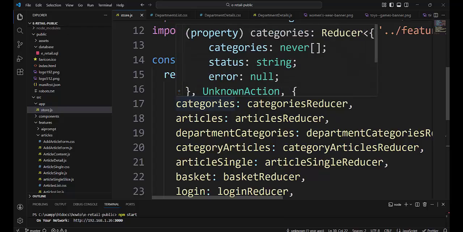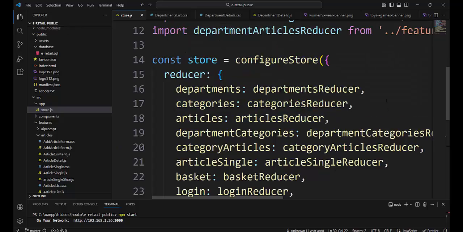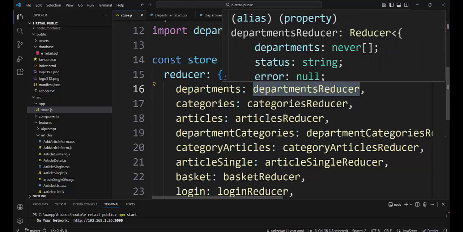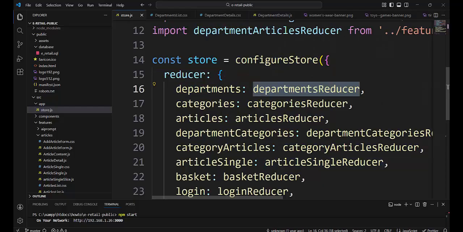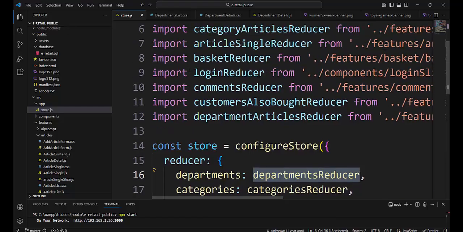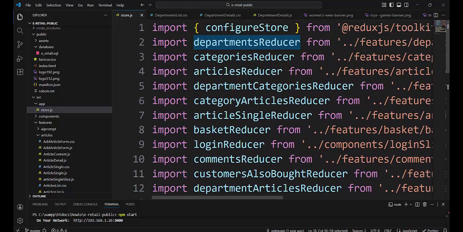And we concentrate on this reducer, departments reducer. This name, departments reducer, is here: import departmentsReducer